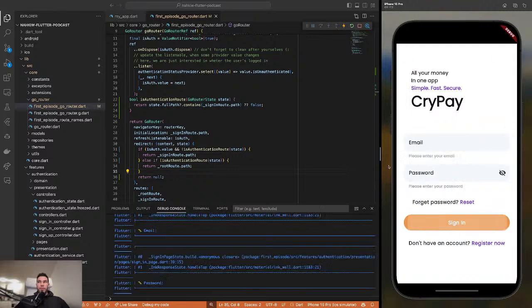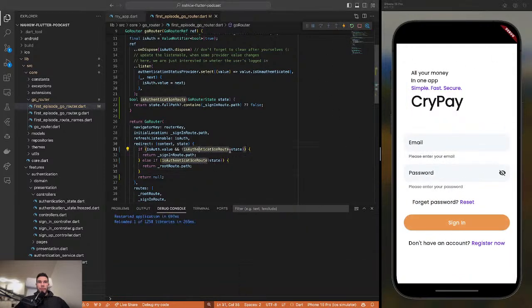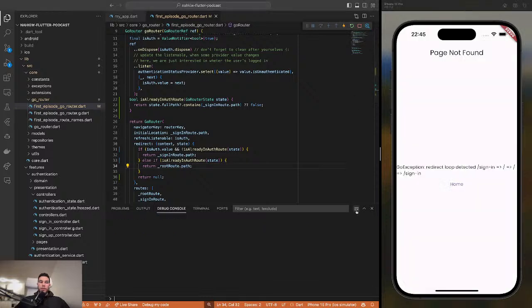Now we return the authentication route. This says is already in auth route. So now we test again. Should have another loop. Okay, we have is auth value. Okay, maybe because the state is